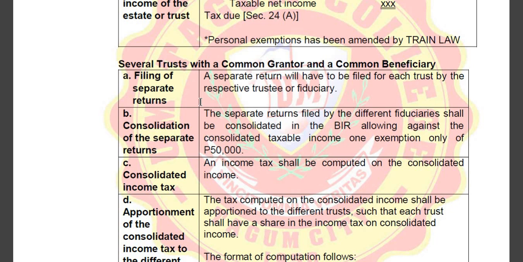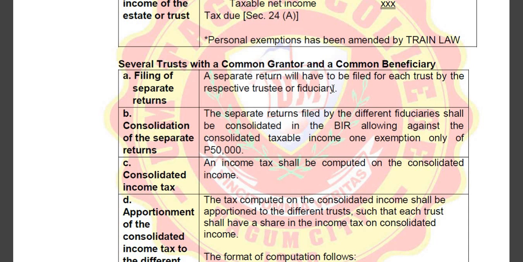So if there are more than one trust with a common grantor and a common beneficiary, here are the rules on how to file. Filing of separate return. A separate return will have to be filed for each trust by the respective trustee or fiduciary. For example, si grantor,